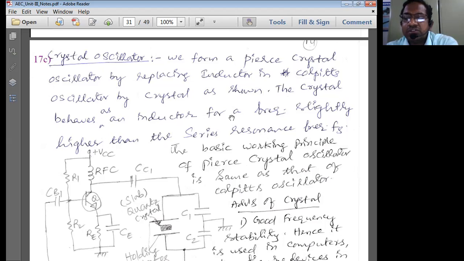The next aspect is distortion. Power amplifiers always suffer from distortions, so distortion is also an important issue. In power amplifiers, we really don't bother about beta, input resistance, output resistance, current gain, or voltage gain. We bother only about two parameters in power amplifiers, that is efficiency and distortion. So we concentrate on finding only these two values in unit number 4.